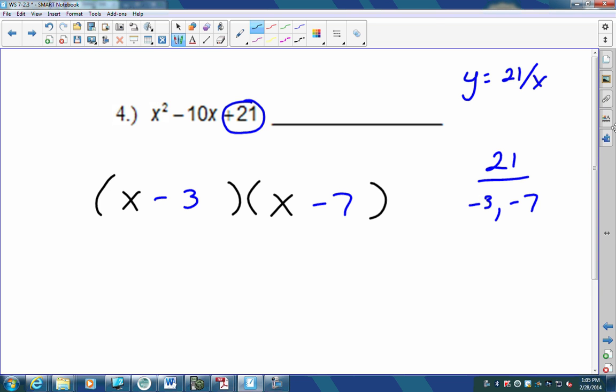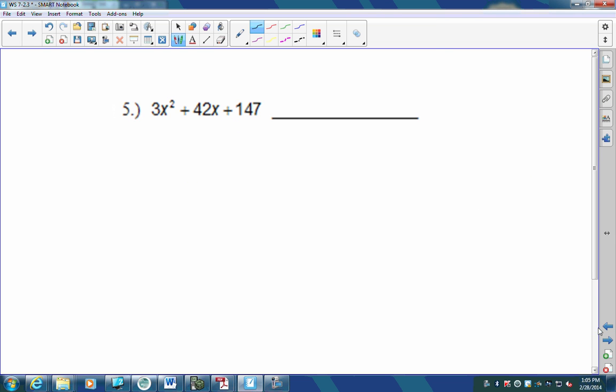Okay. Let's try 5. What did I tell you was step 1? GCF. Okay, so I look at the smallest number, 3. Does 3 go into 42? And if you don't know, go 42 divided by 3. What do you get? 14. What's 147 divided by 3? 49. So you just take that number and divide it and see if it works. So my GCF is 3. So I divided all of it by 3,